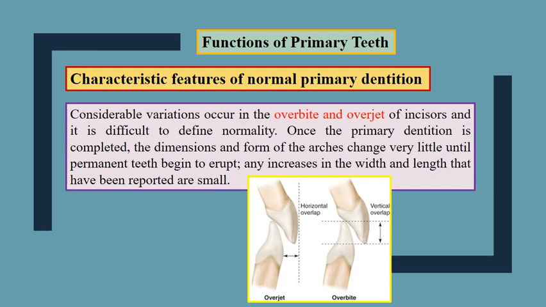Once the primary dentition is completed, the dimensions and form of the arches change very little until permanent teeth begin